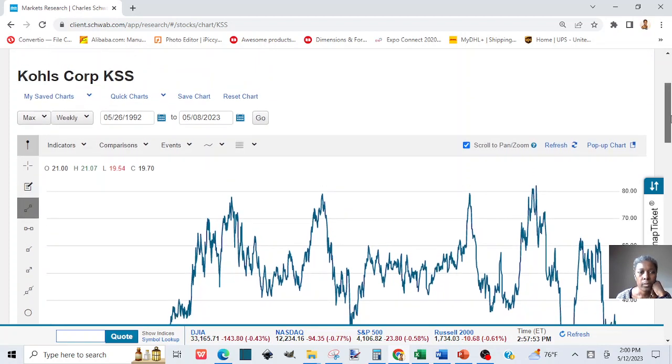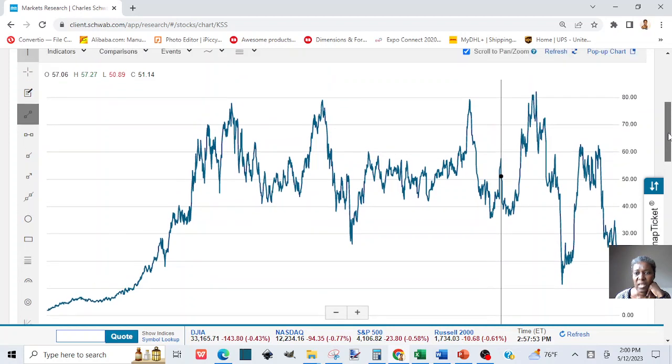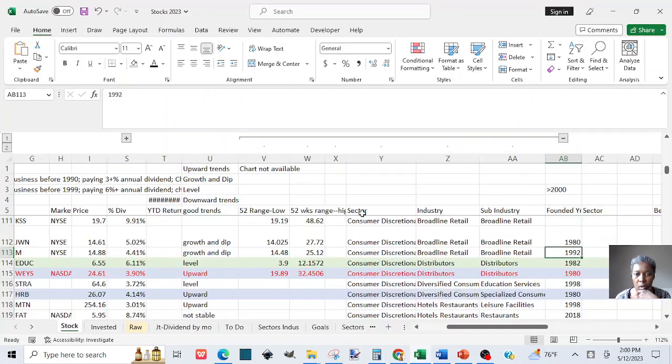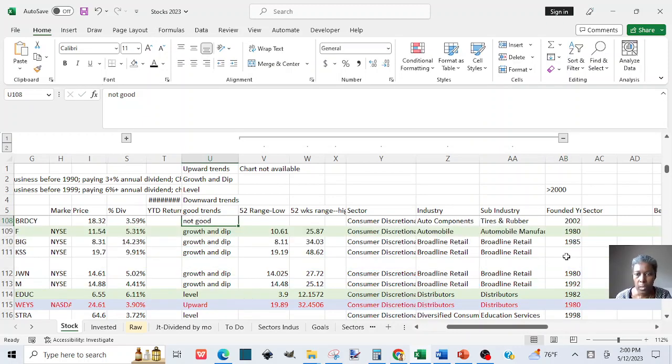So Kohl's, 1994, probably before that, 1992, and is growth and dip as well. I'm not seeing upward growth here. Growth and dip, and is 1992. Okay, so they all are well